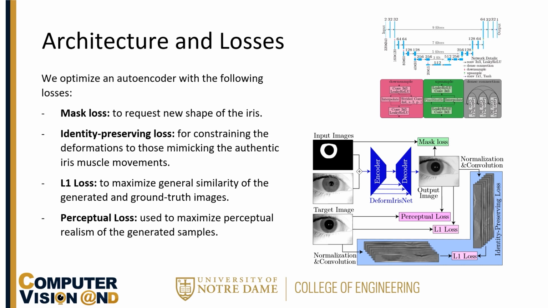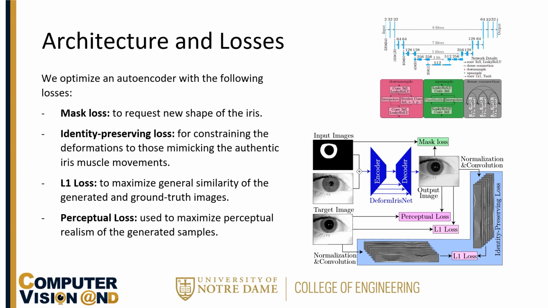So we utilize a modified U-Net architecture for our autoencoder, but it's more important to see the losses that we use. So we have a mask loss that optimizes the logits from a lightweight segmentation model. We have an identity preserving loss that uses iris domain specific human-sourced filters that were learned from human salient regions. These filters can capture the iris texture conforming to different identities and help the model learn the authentic iris